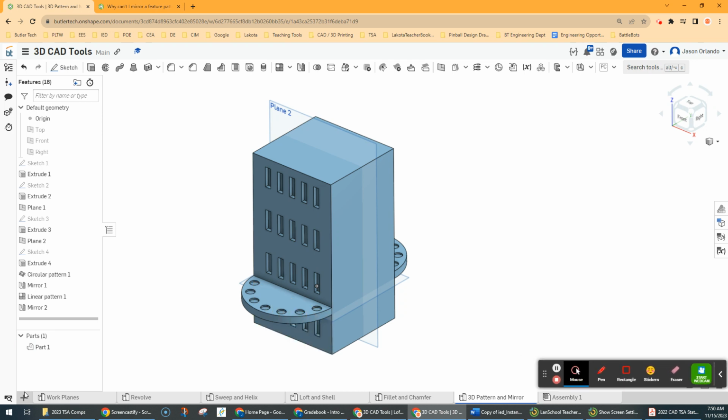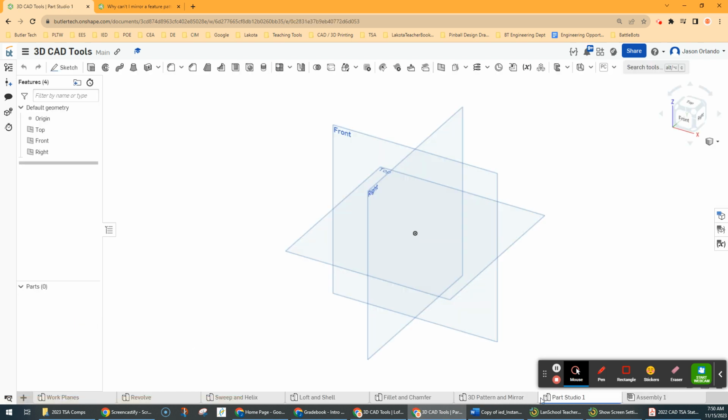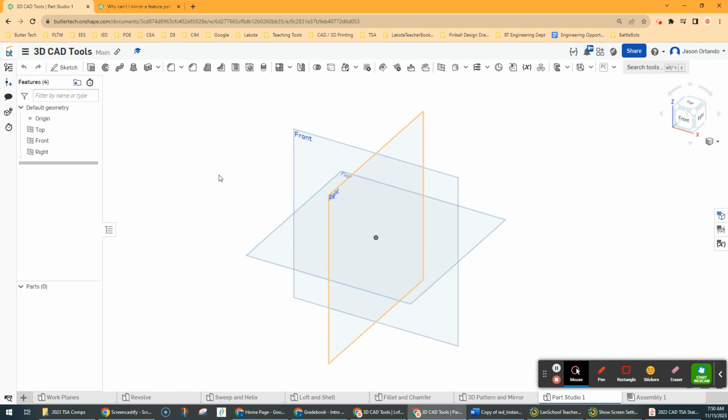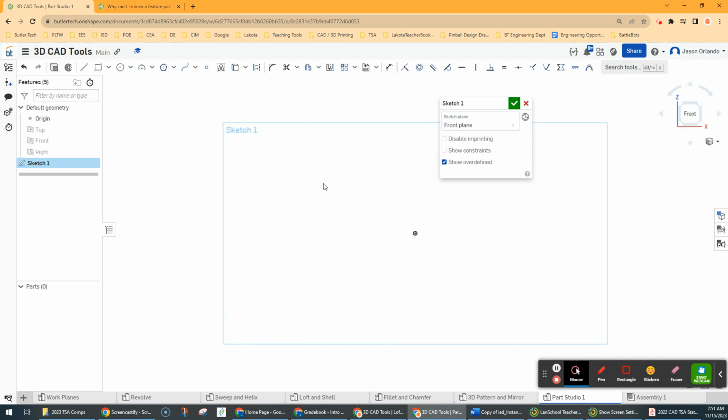I'm moving around. All right, so you can start a new part studio, and you can call this one like 3D pattern and mirror, and we're going to create that. Okay, so first you need to just sketch a box. So I'm going to sketch on the front plane, a rectangle,